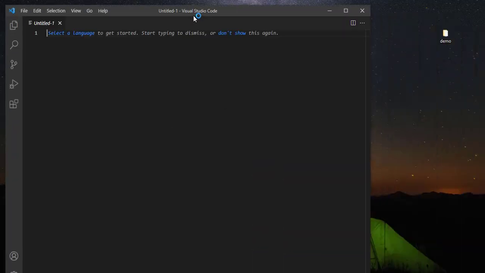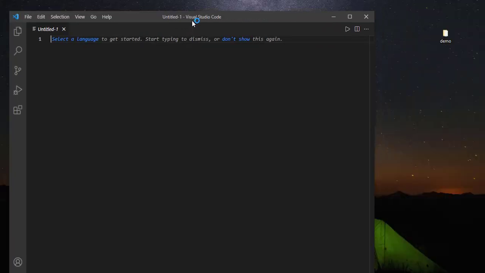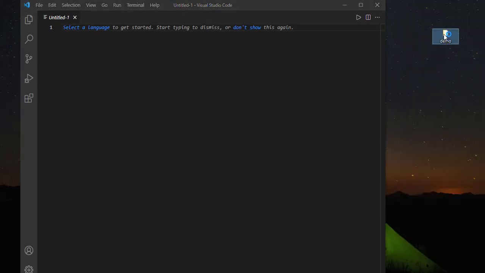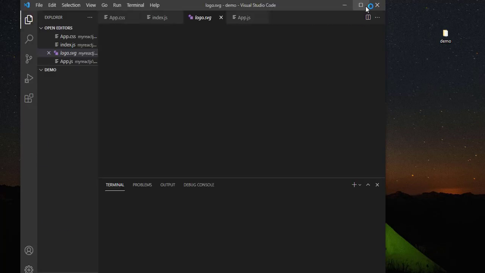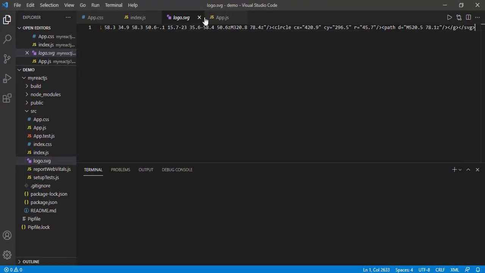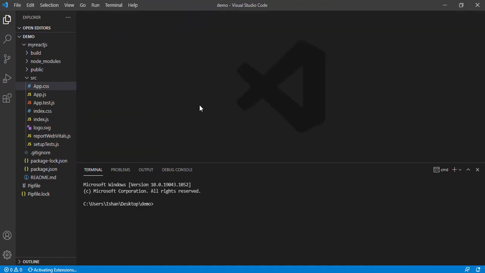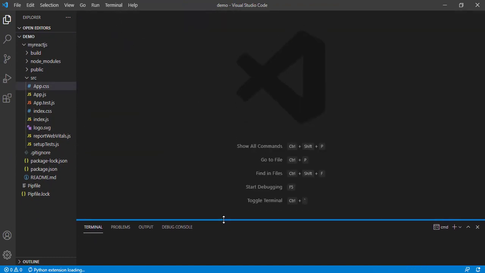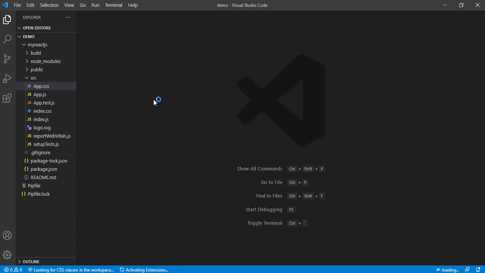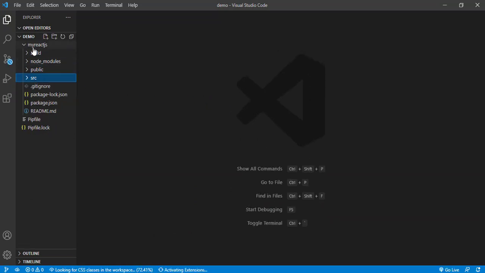How to use it is very simple. Drag and drop the folder there and let's see what is inside the folder. There are a few folders like build, node modules, public, and source.